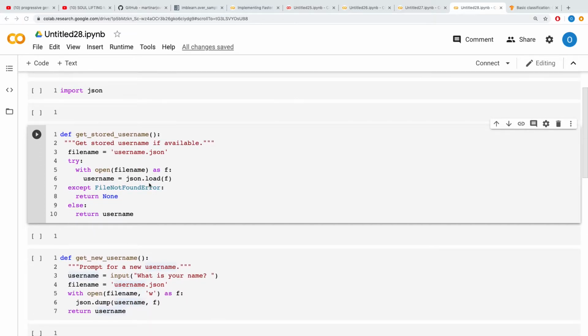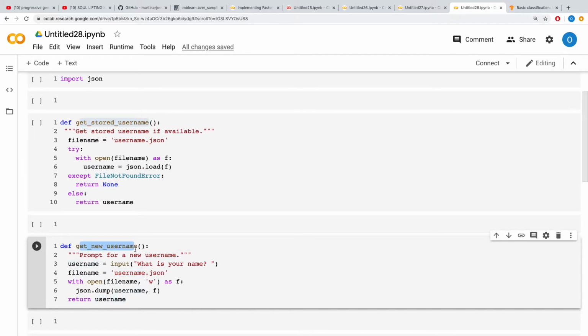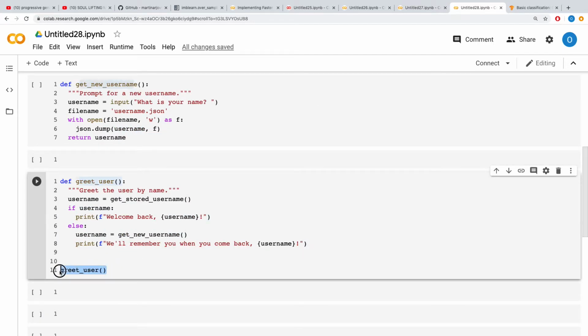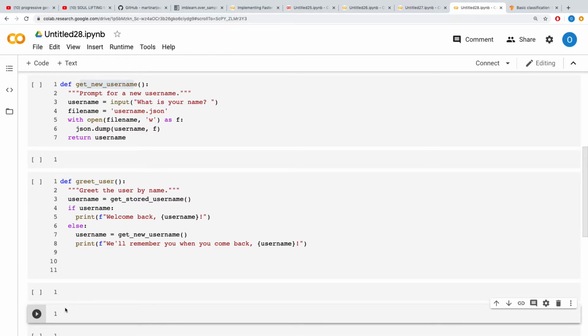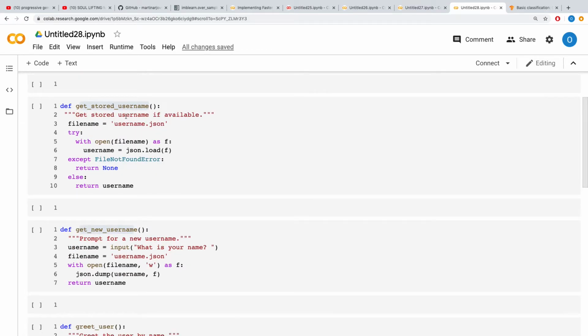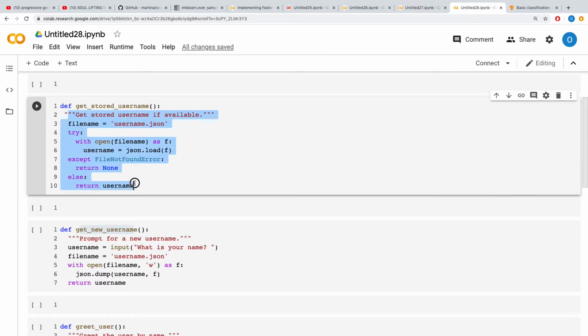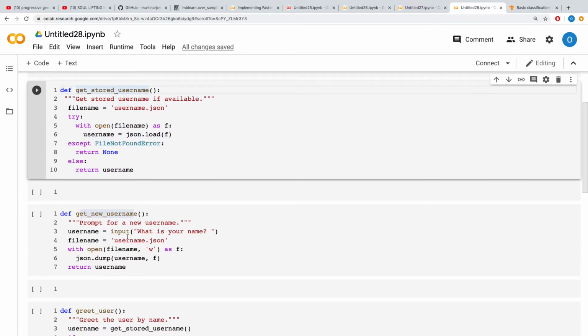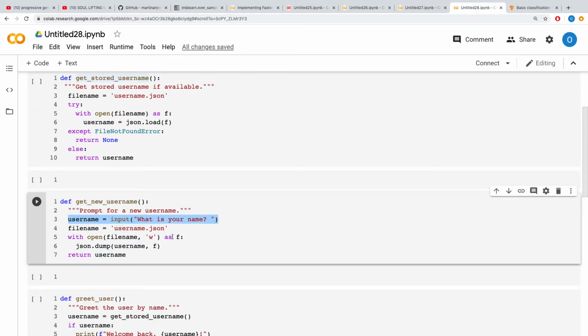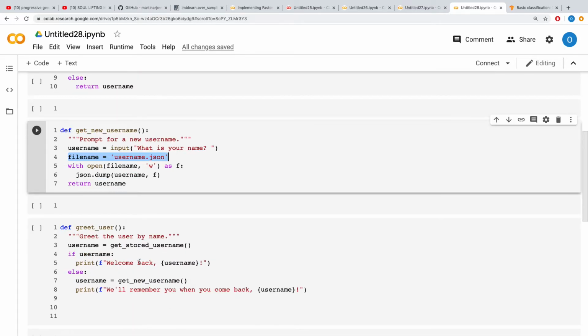So this is what is happening. We have the three functions. We have the get stored username, the get new username, and the greetUser. Each of these functions is responsible for one particular task. So the get stored username looks into a file on the file system on our drive and returns the username. The get new username prompts the user for a username and stores it inside username.json, while the greetUser does the